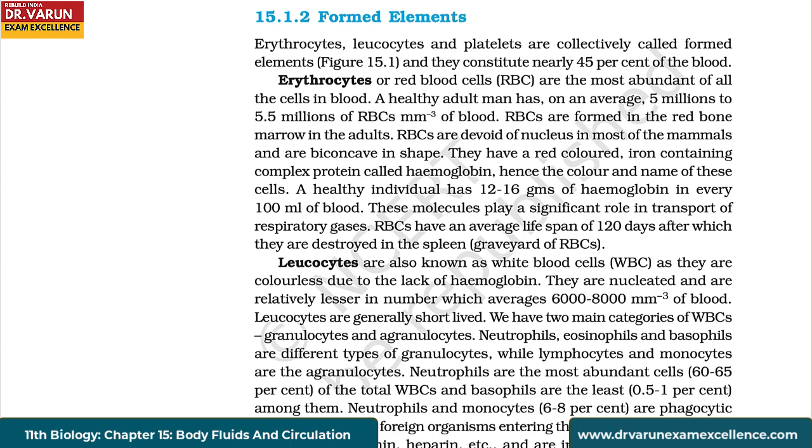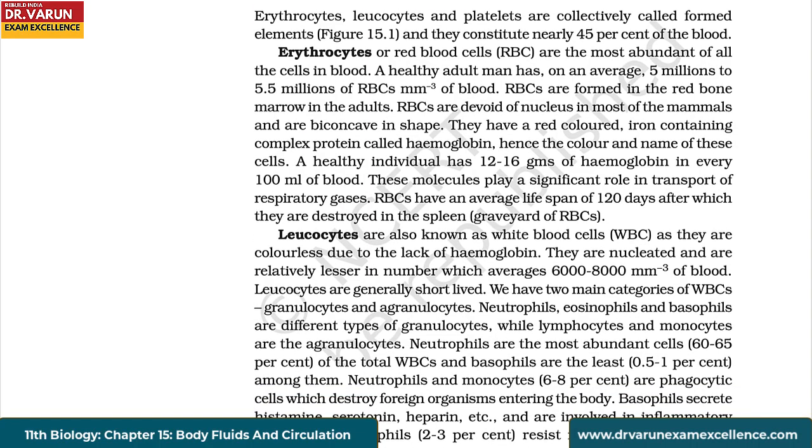They have a red-colored iron-containing complex protein called hemoglobin, hence the color and name of these cells. A healthy individual has 12 to 16 grams of hemoglobin in every 100 ml of blood. These molecules play a significant role in transport of respiratory gases. RBCs have an average lifespan of 120 days, after which they are destroyed in the spleen, which is called the